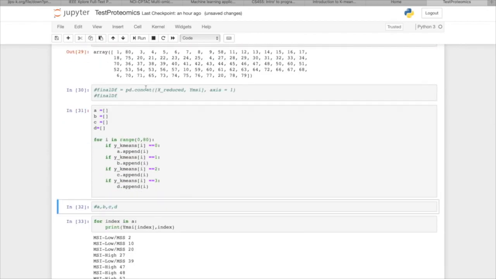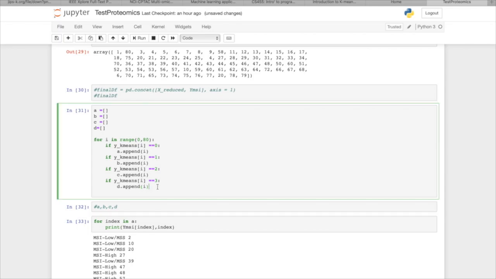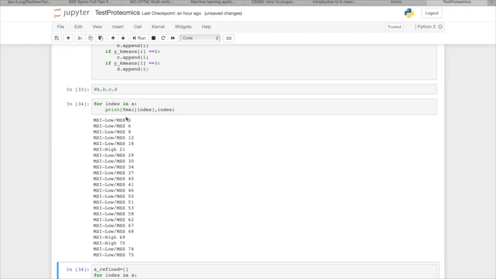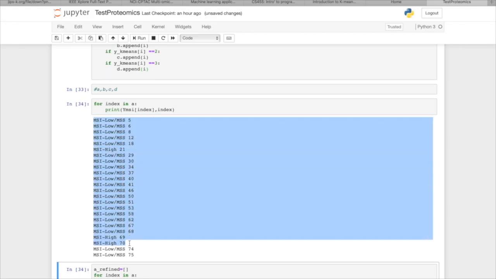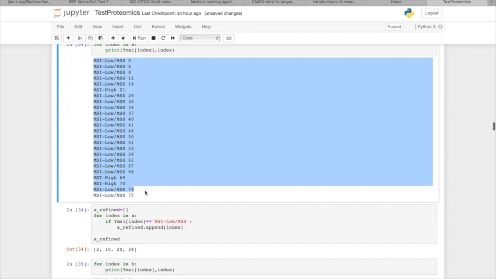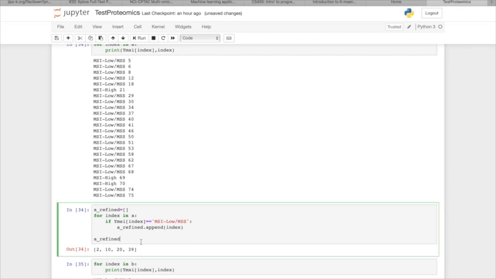So for doing that, we will be creating 4 different arrays, and we will append all those samples in cluster 0 to A, all the samples in 1 to B, all the samples in 2 in C, and similarly for those belonging to cluster 3 in D. As we can see, almost all of the samples in cluster A have MSI low, so we will assign that cluster the MSI low label